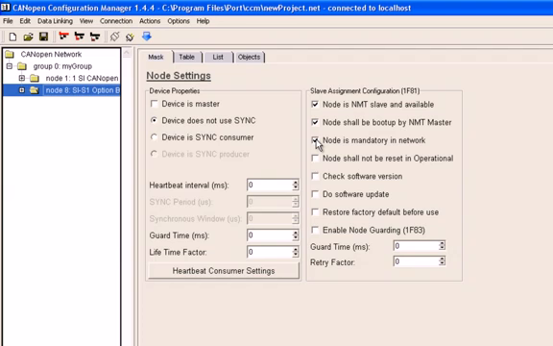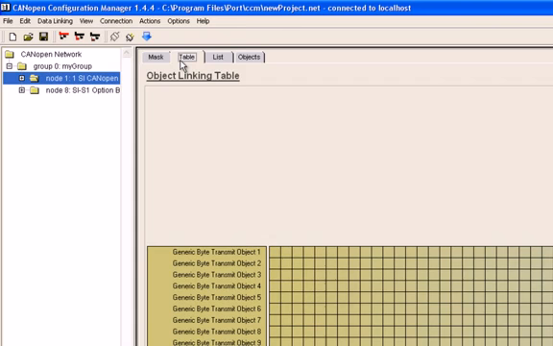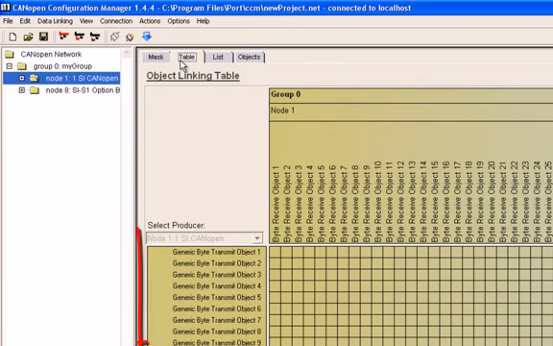I am now finished with my system settings and can move on to configure what data I want to transfer through the 1SI CANopen module. In other words, what do I want to send from the master to the slave and vice versa? I start with my master node. By clicking the Table tab, I can see the bytes that are being transmitted from the 1SI CANopen module and the bytes that are received by my slave